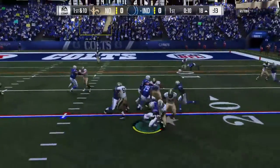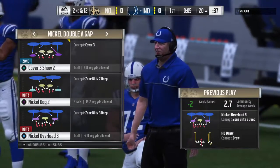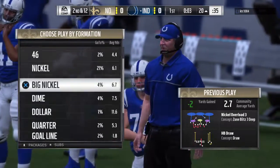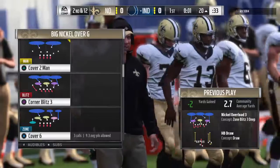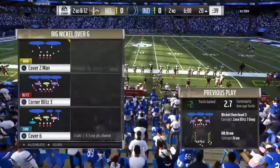They'll run it now out of the gun, and they go the wrong way here. Knocked back to the 20. It's a loss of 2 there, bringing up 2nd down. It's not a bad idea. Set up in the gun. Send a bunch of guys out wide and let the defense think you're going to try and put...